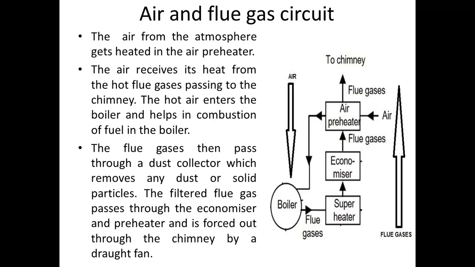That's why we are passing these flue gases through a superheater, where they give their heat. The temperature of the flue gas comes down, but still the temperature of flue gas is approximately 180 degrees Celsius to 200 degrees Celsius. Again, such a large amount of heat cannot be wasted into the atmosphere, because if we are wasting such an amount of heat, there is a direct loss of efficiency. So we are passing it to the economizer.